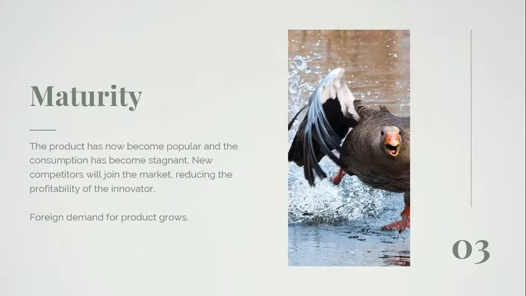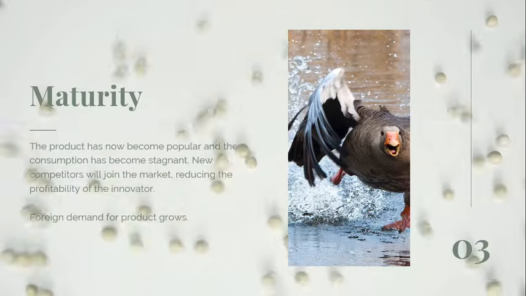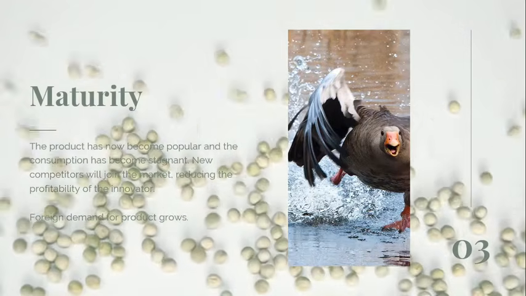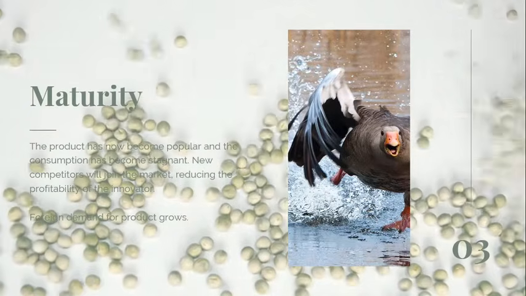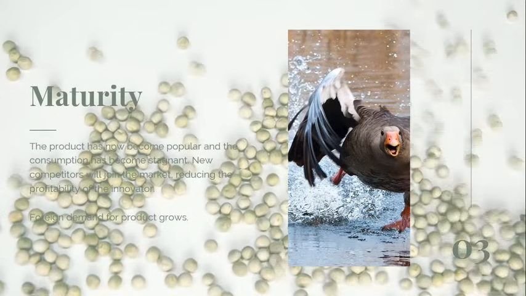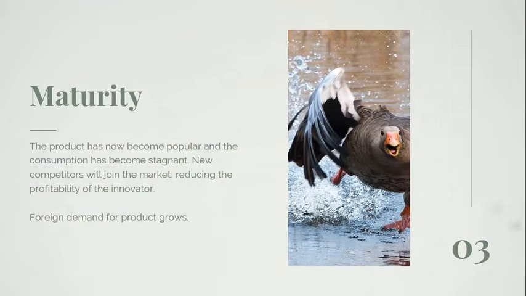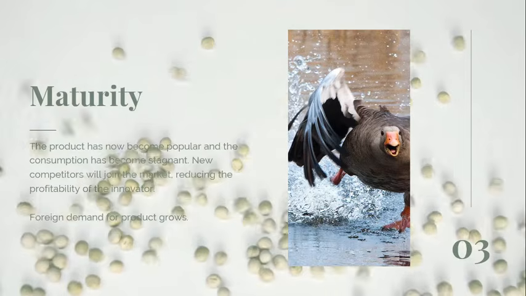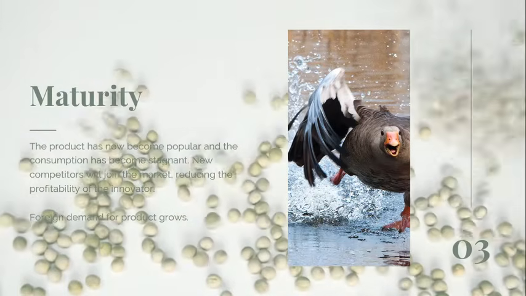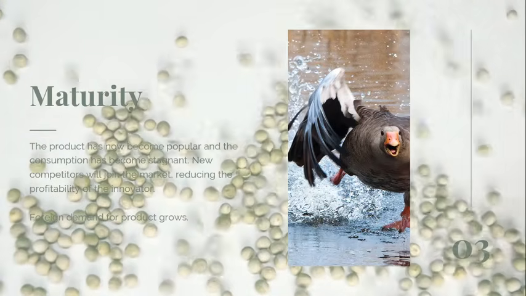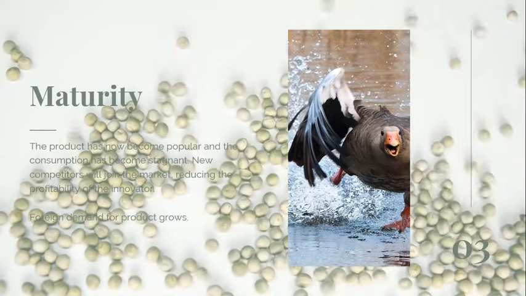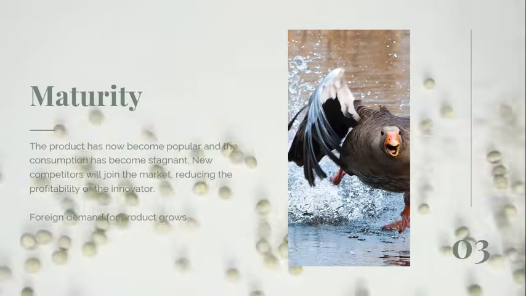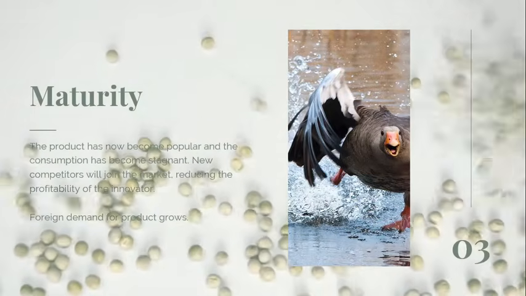Stage 3, that is maturity. Now in the maturity stage of the product life cycle, the product is widely known and many consumers own it. In the maturity phase, demand levels off and sales volume increases at a slower rate. There are several competitors by this stage, and the original supplier may reduce prices to maintain market share and support sales. Profit margins decrease, but the business remains attractive because volume is high and costs, such as for development and